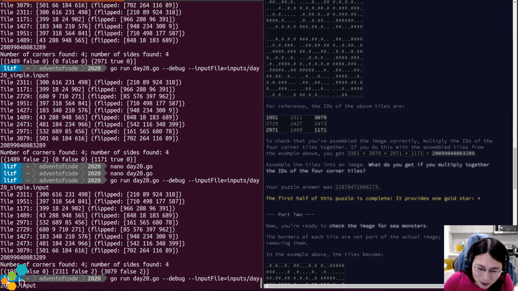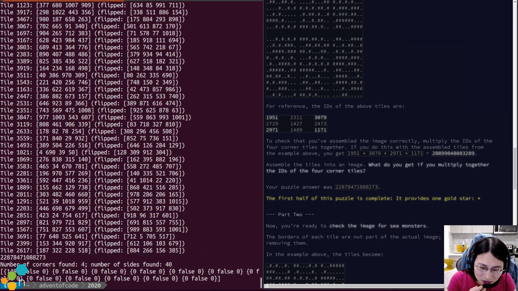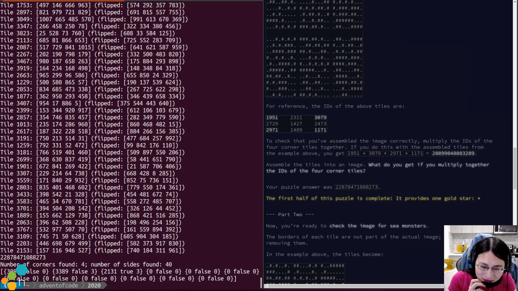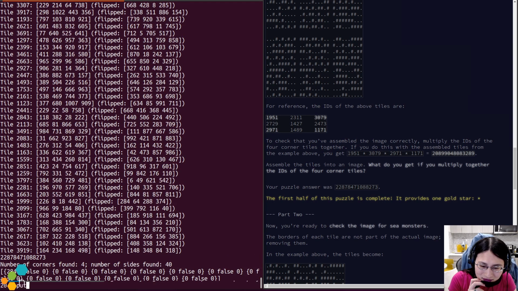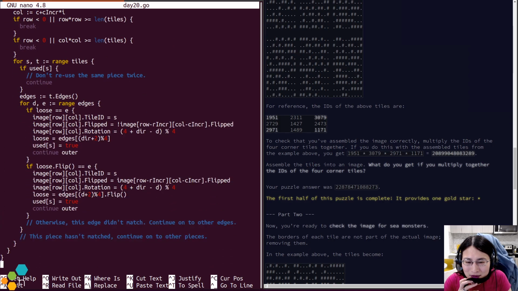Does this work on my actual input too? Yes. No, it doesn't. So it's failing to find one thing. Who's it failing to find? Okay, so there's obviously some bug here.